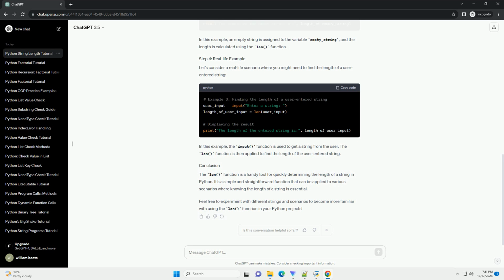It's important to note that the len function also works with empty strings. If you pass an empty string to the function, it will return 0. Here's an example. In this example, an empty string is assigned to the variable empty_string, and the length is calculated